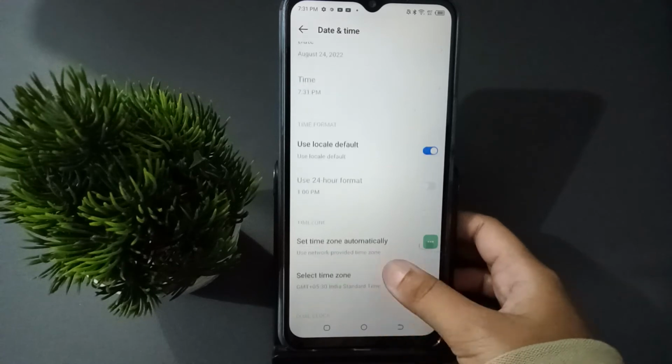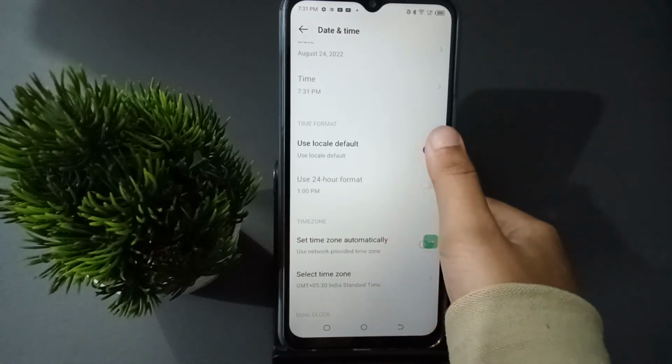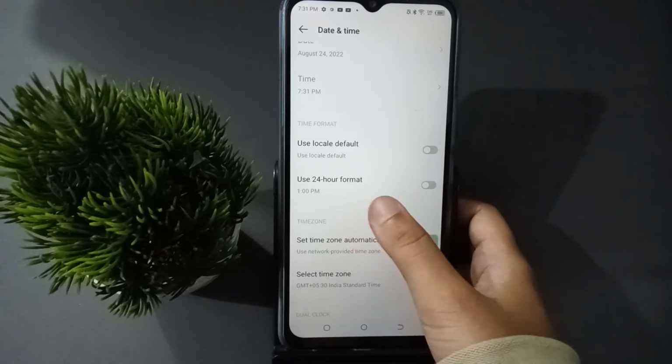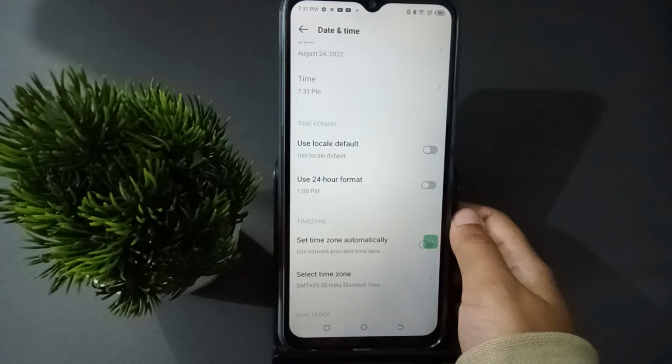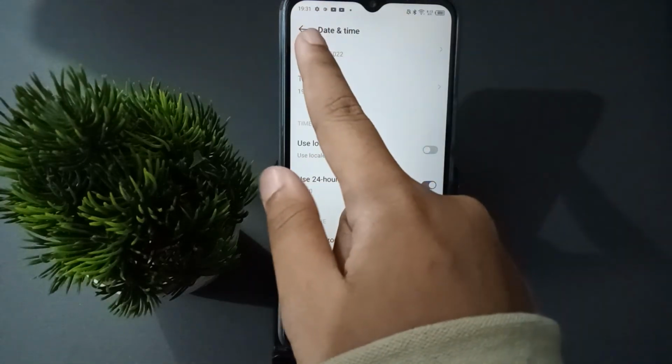Then from here you just keep scrolling. You have to turn this one off, Use local default, so turn it off. And once it is off, here you are going to find Use 24-hour format. If you want to use this 24-hour format, you just click on this icon and it will turn blue, and here you will be able to see it is now